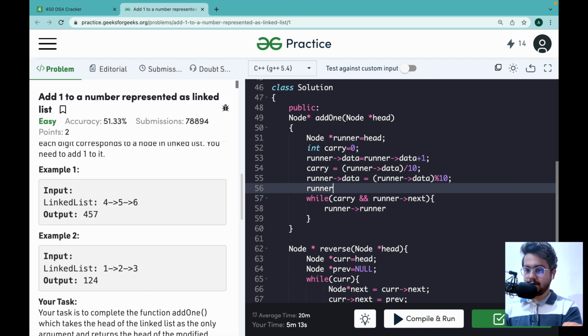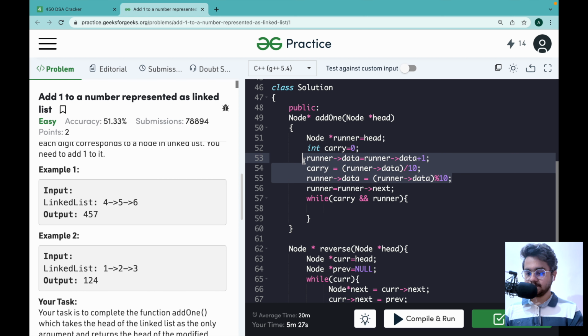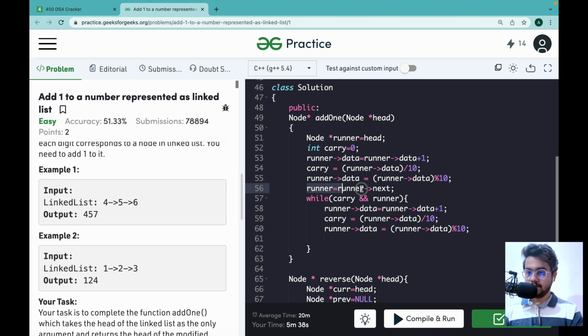Once we move the runner ahead, we will check if it exists and carry is there. So we will do the same steps, and we will iterate one more time. So now it will iterate again.